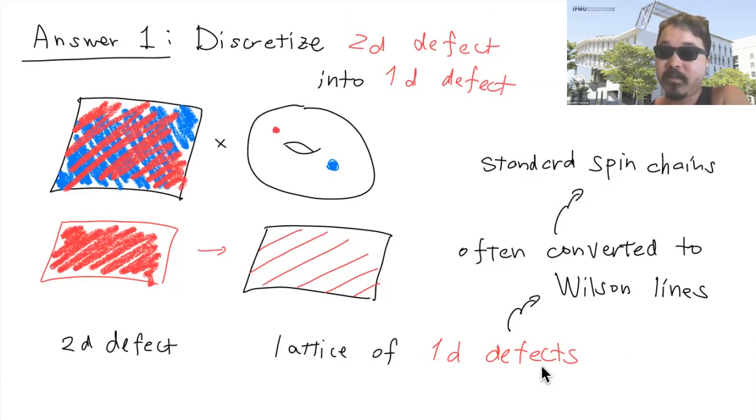So you can line up the defects and you obtain the lattice. And the question is, what type of integrable lattice model do we get? It turns out that there are nice geometric arguments which convert these one-dimensional defects into Wilson lines, and Wilson lines are known to generate the integrable lattice models associated with the Yangians and their quantum affine and elliptic generalizations. So we know what type of integrable models it gives rise to.